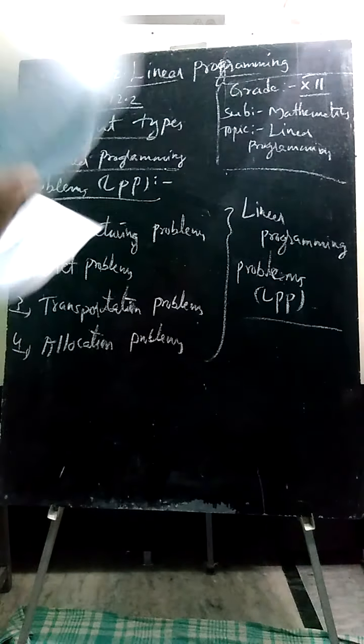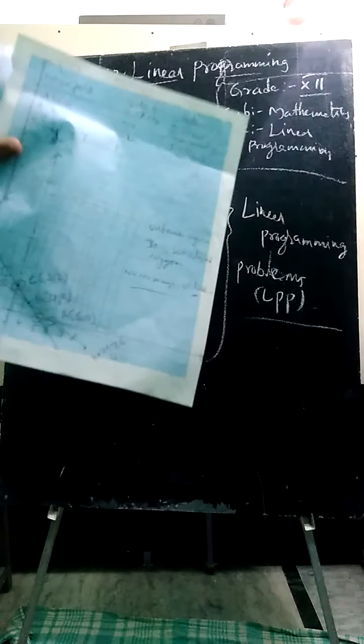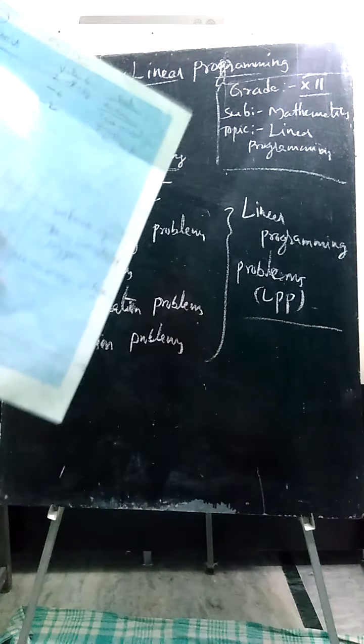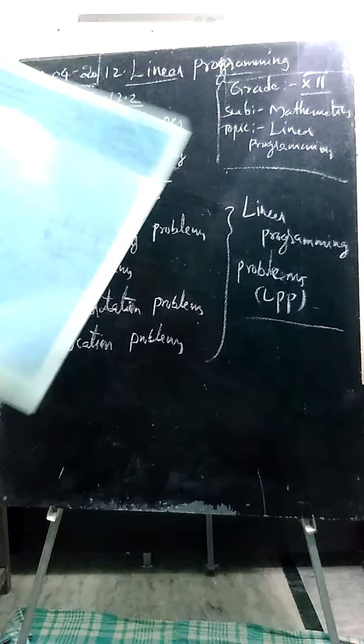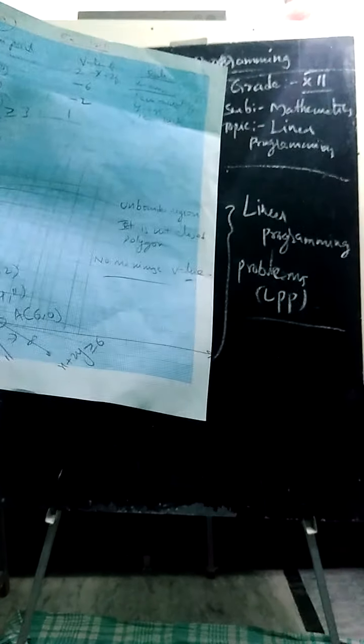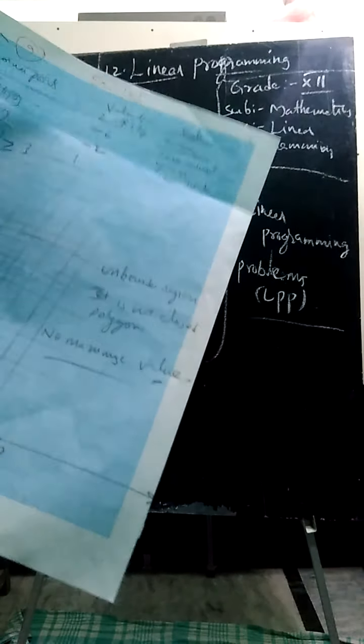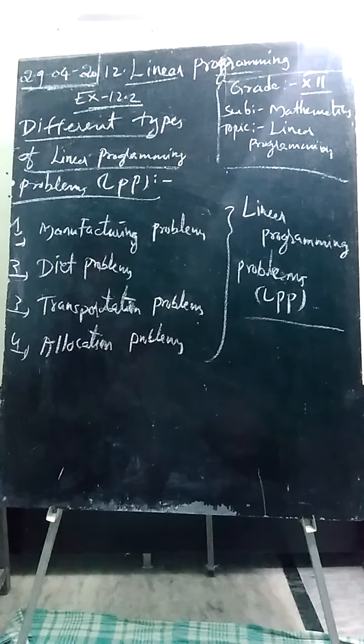So in that particular case, we cannot find a maximized value. There is no maximized value after representing the inequations. If you get an unbounded region, it is infinite. We can't say which is the maximum value, because there is no end for this unbounded region. Of course, out of these 3 points, we can find a minimum value. In these 3, our minimum value is -6. We can say it is minimized at this point. But when we get an unbounded region, we cannot find a maximized value. We can find a minimized value, as you have learned.